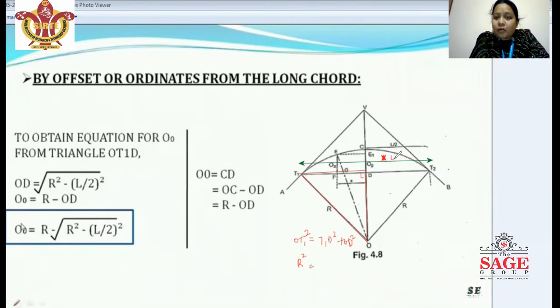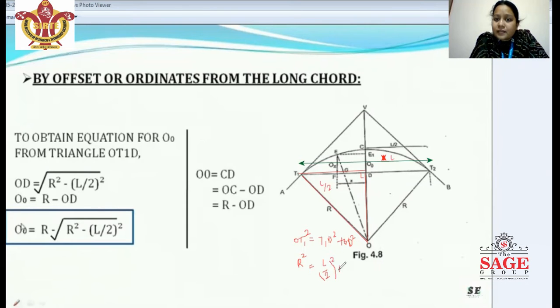Capital L. So if the total distance T to T1 is denoted by L, then T1 to D is L by 2, simple, half of this chord. So T1D is L by 2 whole square